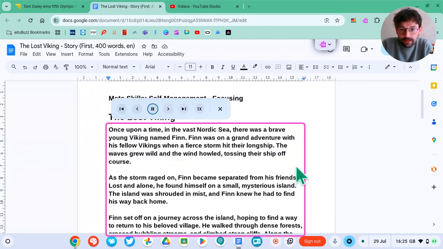Then you'll see that that turns into a little arrow which allows you to click and drag on the text that you want read. Once upon a time, in the vast Nordic Sea, there was a brave young Viking named Finn. Finn was on a grand adventure with his